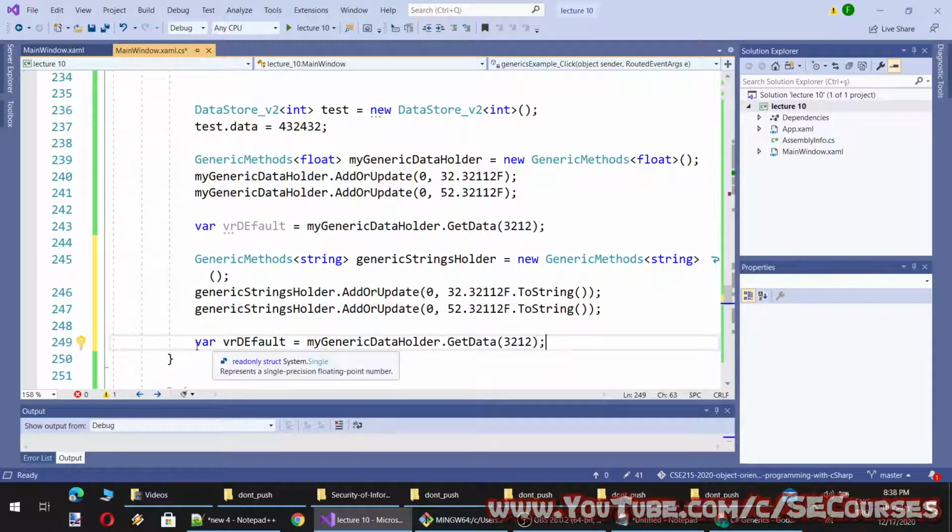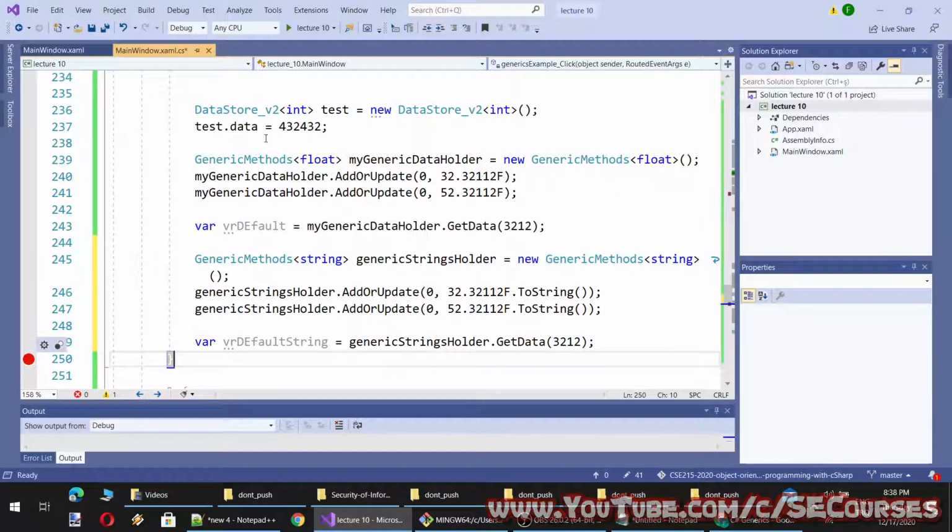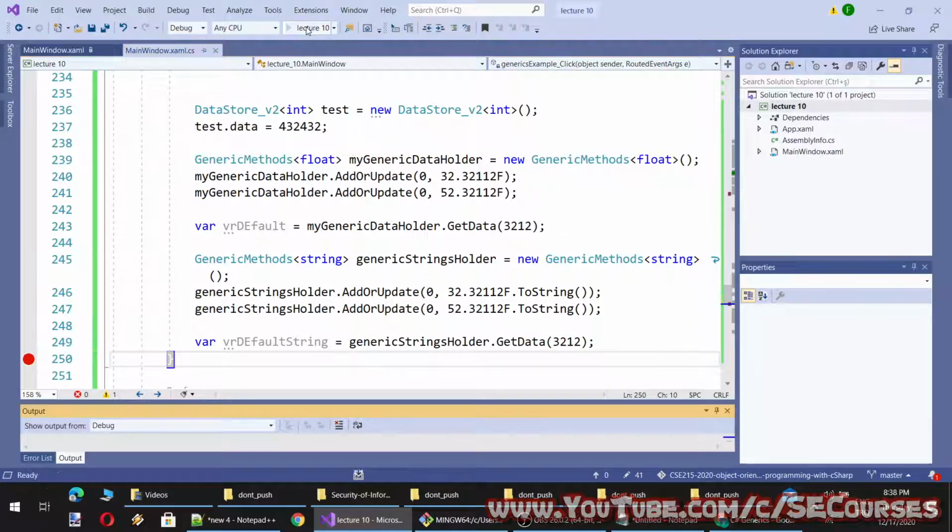You see, if I make it like this, it will give me an error because this one is float type and this one is string type. Therefore, I need another variable. Okay, so let's put a breakpoint here.